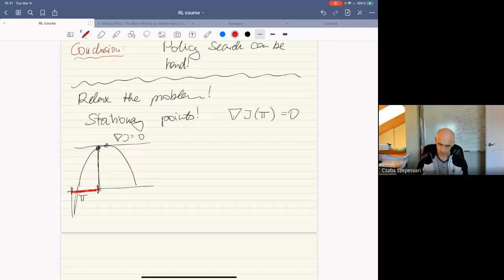The stationary points are not necessarily the ones where the gradient would be 0, but those are the points where you can't make any local improvements to your policy. A global stationary point would be such that if you take your constraint set pi,